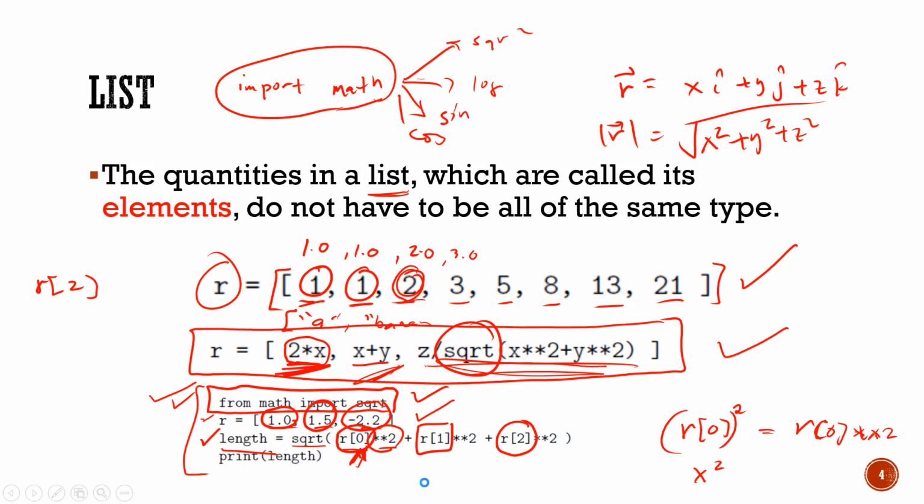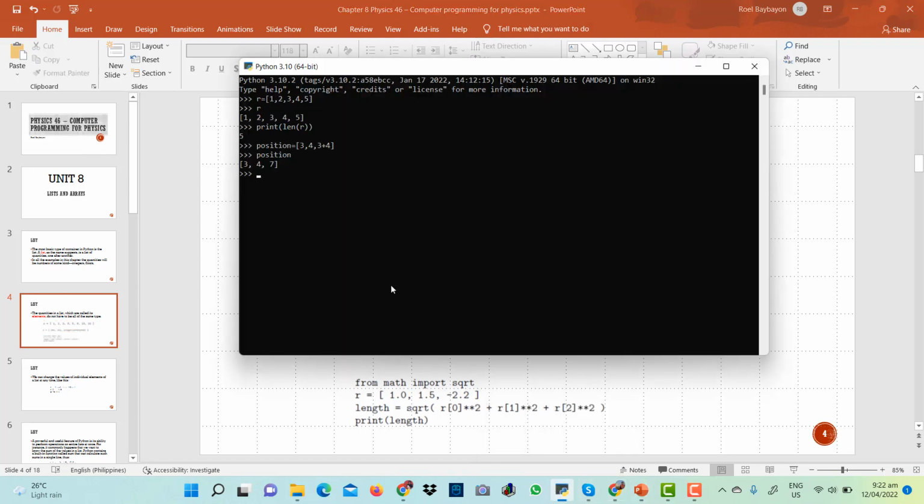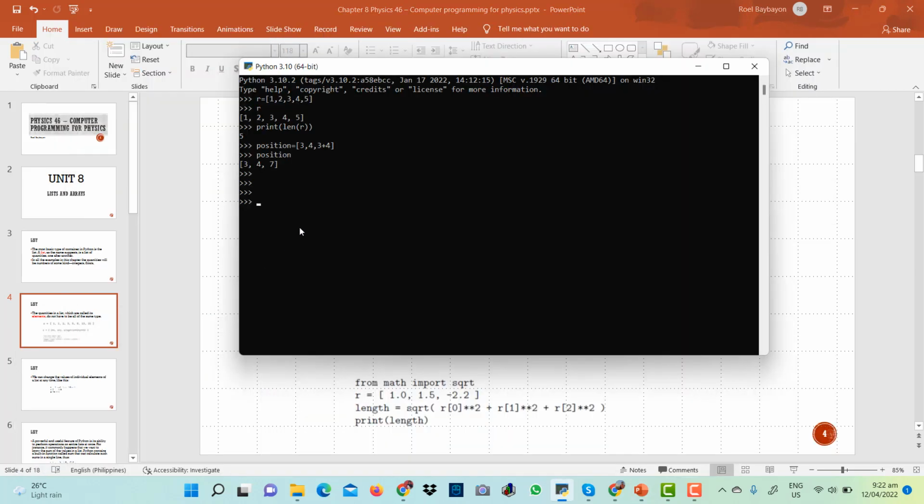So, let's try this one. Say, for example, you want to calculate the Pythagorean theorem. If we have a triangle, not just position. If I have a position, we have 3, 4, 7, and if I want to get the magnitude of this position, I have to say mag of my position is equal to the square